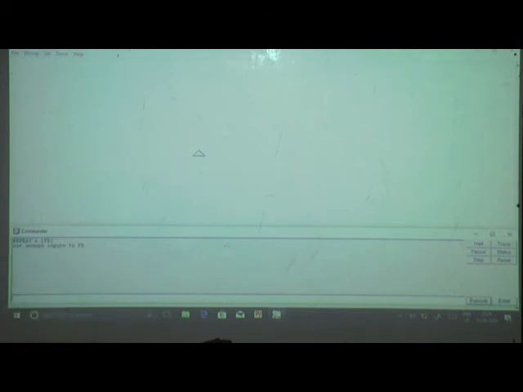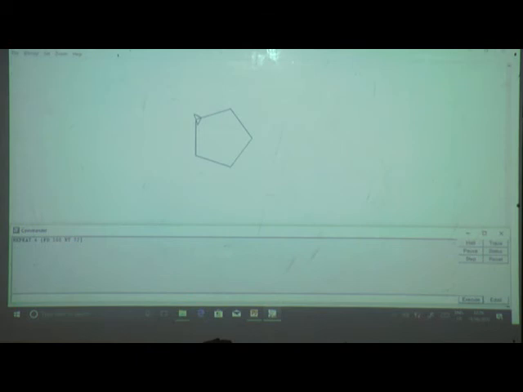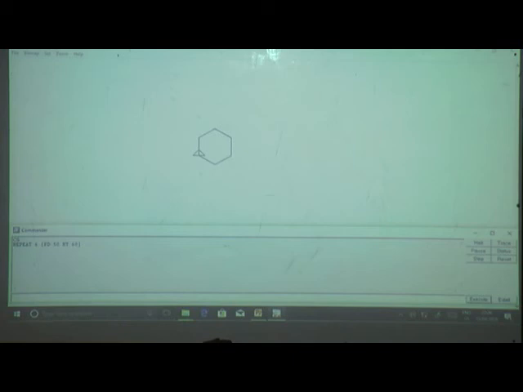Now next one is repeat 6 FD 100 RT 72. Then it displays the hexagon with 6 sides. Now next one is repeat 6 FD 50 RT 60. Then it also displays the hexagon.